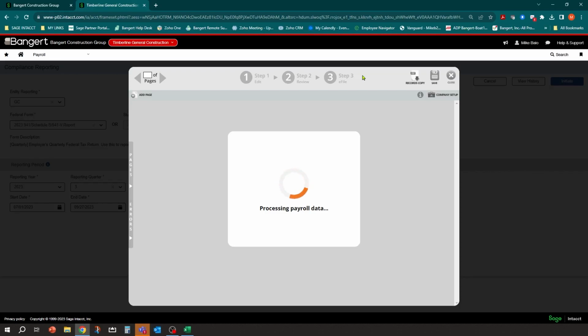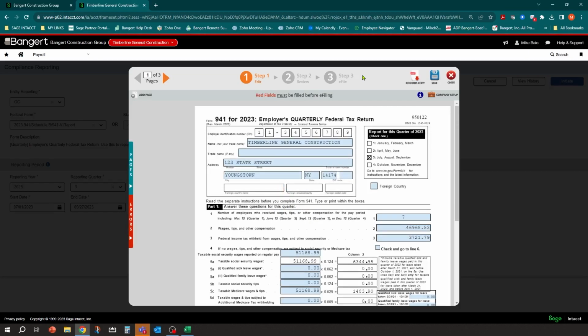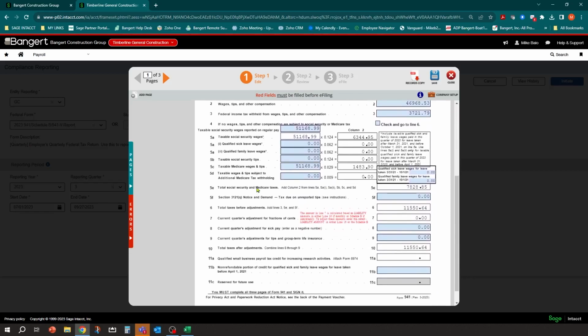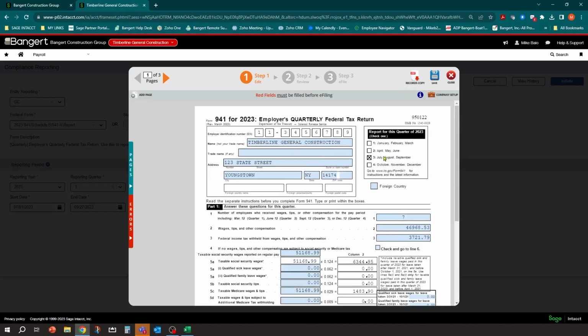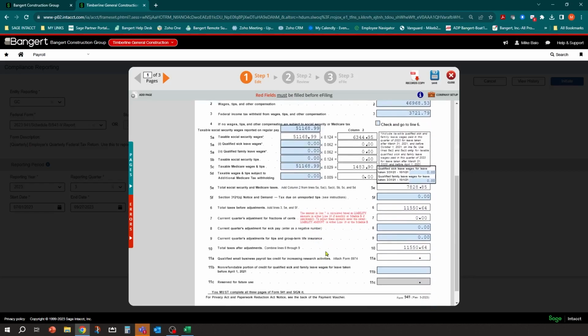And then each report's going to have options if you need to file electronically. It's going to really follow the same process that you would be doing in Atrix in the past in your legacy systems. But you can see here there's a quarterly federal return, fills all the information in. Any fields that are missing, it's going to alert you to, and you'll be able to fill that out here as well if you need to.